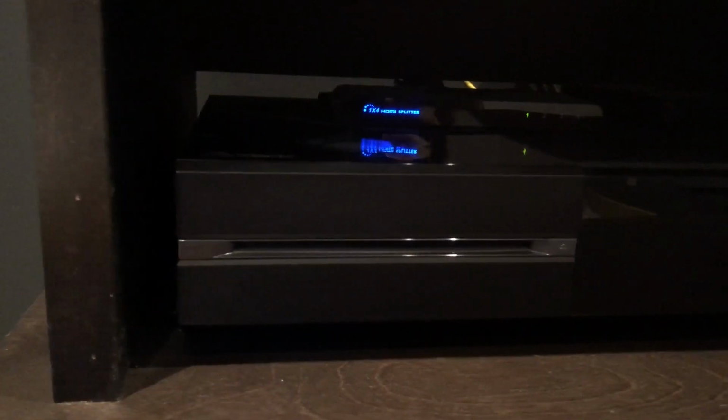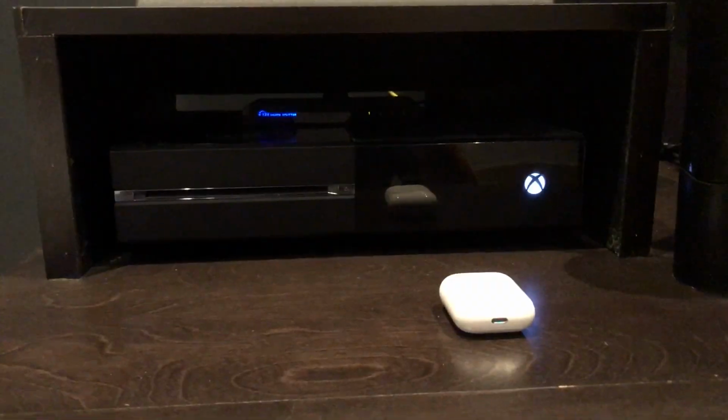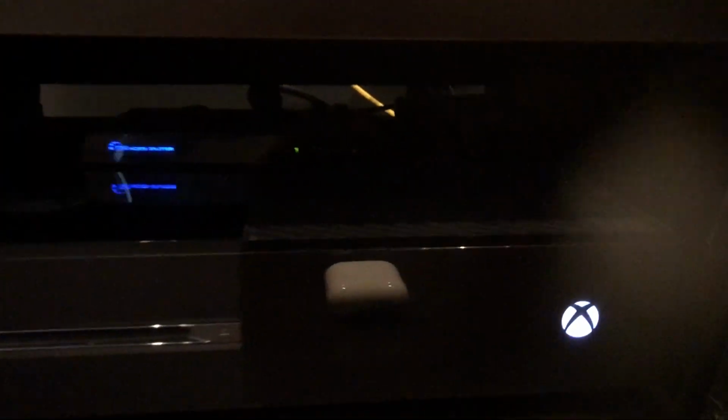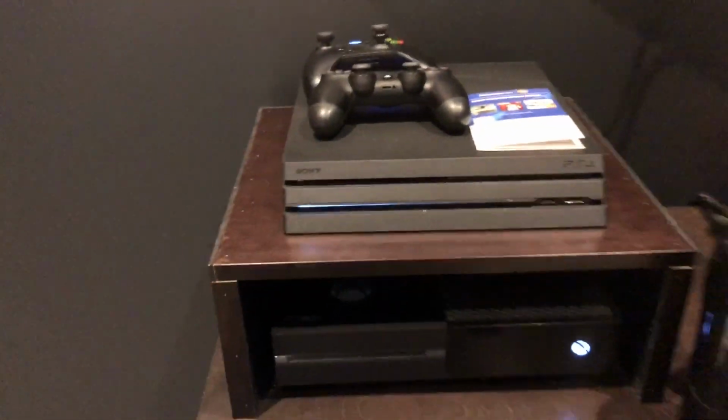This is the Xbox One. We built this frame for it just so it looks a lot neater, and I don't want to stack the PS4 Pro on top of the Xbox because, as you guys can see, those air vents, they wouldn't like that too much. But we also have an HDMI splitter back there, so if I want to be watching Netflix or YouTube like I am right now,